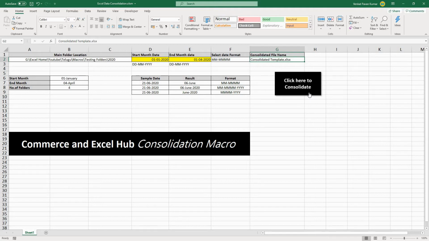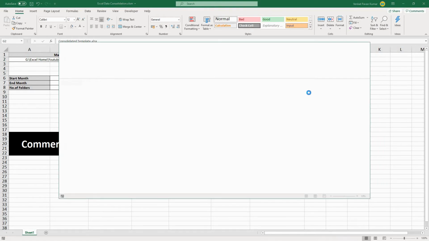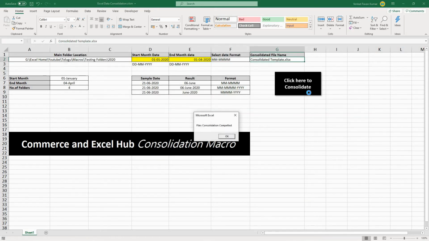Now we can see the macro is executing and it is updating the consolidated template. We can see each file is getting opened, updating the data, and getting closed again. Files consolidation completed. Let us go and check the consolidated template now.